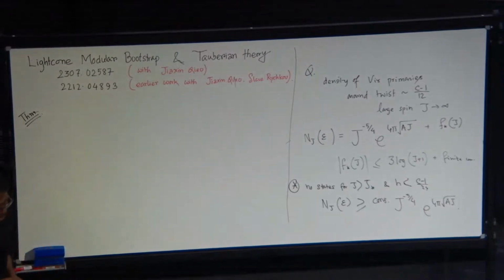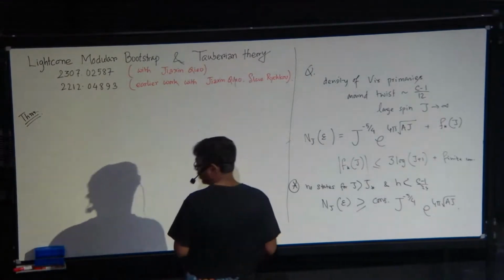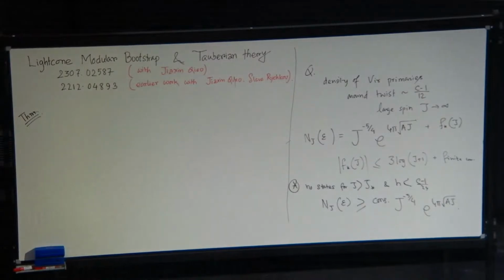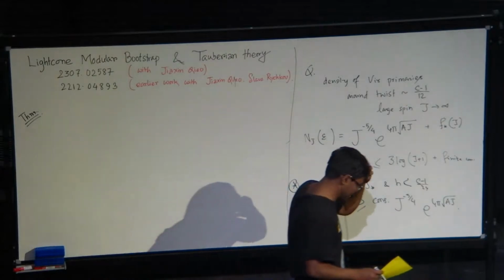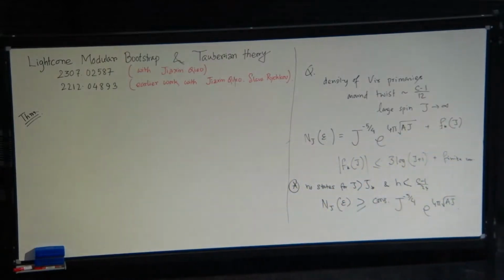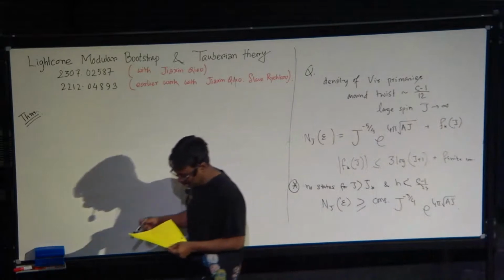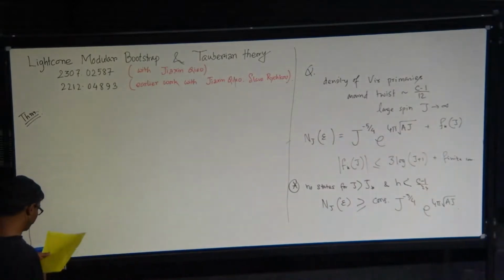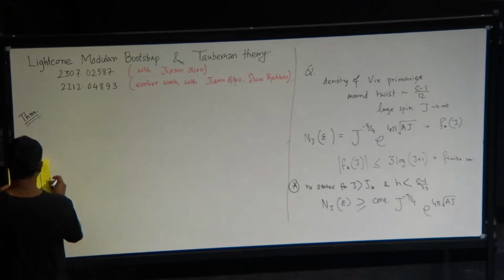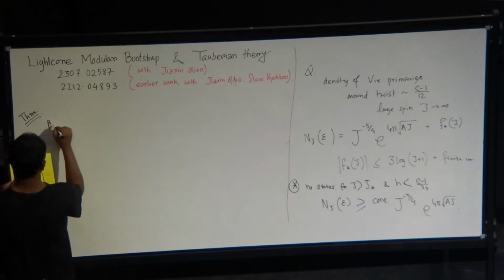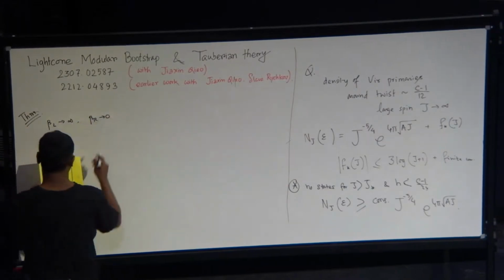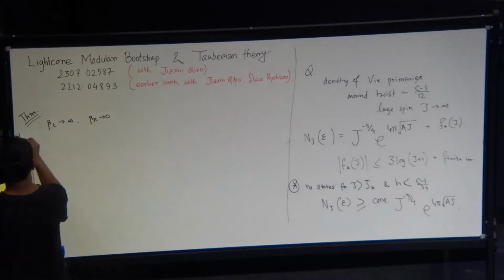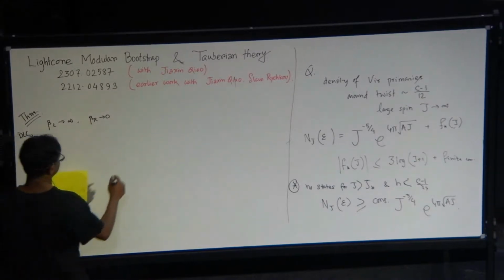Okay, the statement we are going to prove is about a quantity, which let me write it down. Before I mention the theorem, as I said, the idea to derive this kind of result is to look at the partition function in the light cone limit. So we have to define a proper light cone limit, which is basically the following, where beta L goes to infinity, beta R goes to 0, and then we also introduce a parameter which is W,